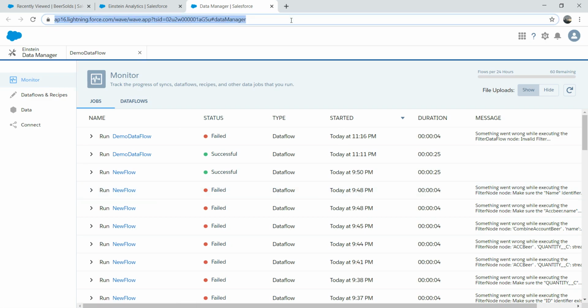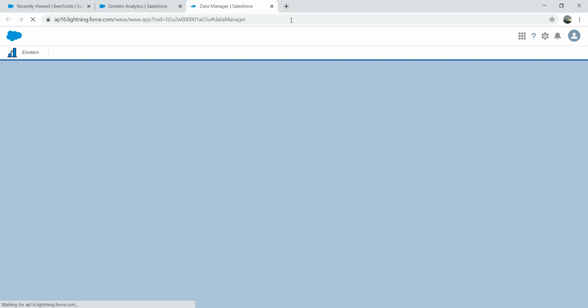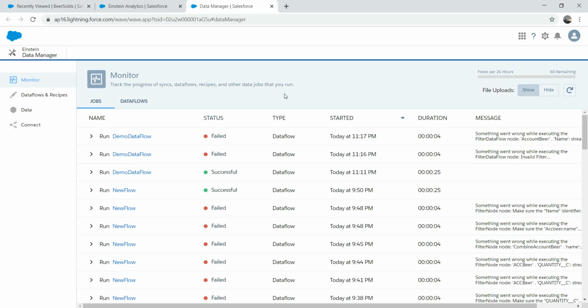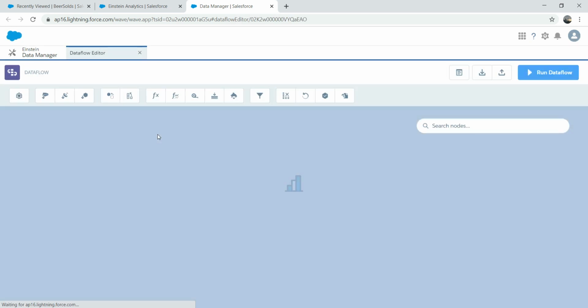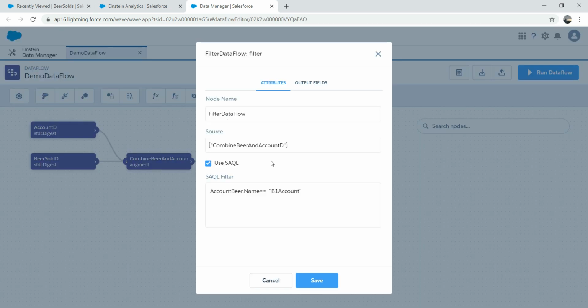Okay, and let's see what happens. It failed again. You see, name not supported outside our core group projection, which makes sense. The problem is you're using this cycle, right? It does not recognize what the name of this is, right? So you have to put this in the quotes,